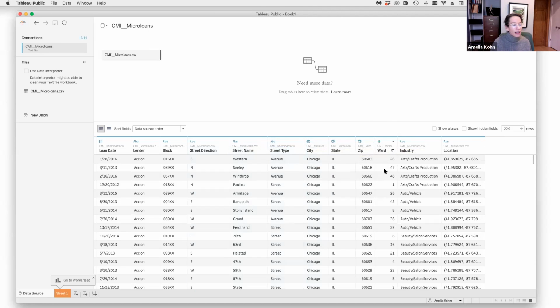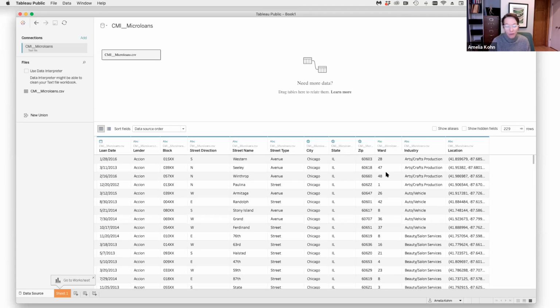Now it was incorrect about ward, right? Because wards are numbers, but they're not numbers that can be added together. They're just numbers instead of names. So ward really isn't a number variable like it's guessed. So I could click on that and change it and say it's really a string variable because it's just a category. And then of course, industry is a category as well. Okay, so now that Tableau has correctly identified all of our data,